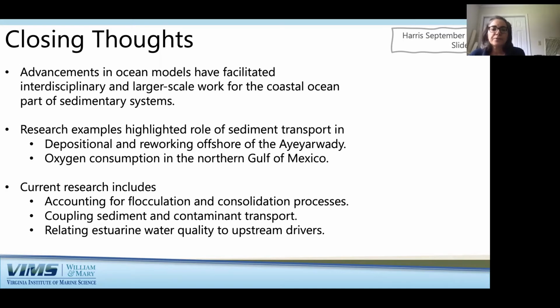So over the summer, I was funded for 2 projects. One is to look at coupling the sediment transport to contaminant transport during large storms, and the other is to try to look at an estuarine system and do it more source to sink, so that we're working with hydrologists who are specifying the inputs from the upstream and trying to communicate those upstream inputs into how they impact water quality downstream. So that is what I had for my talk.